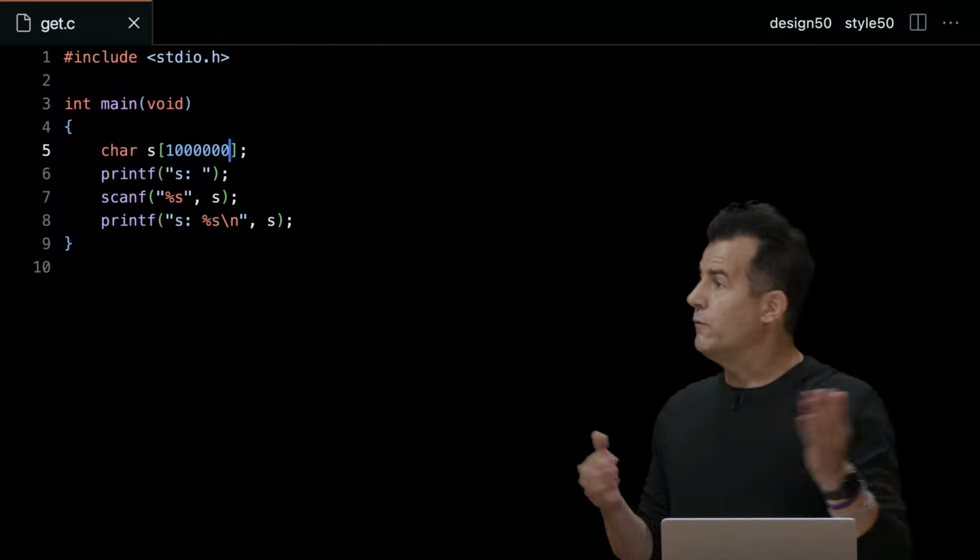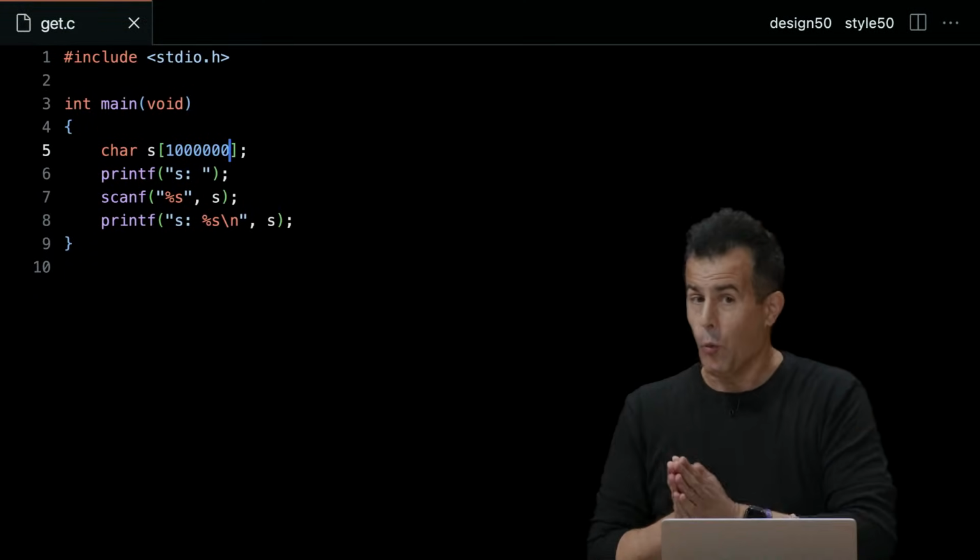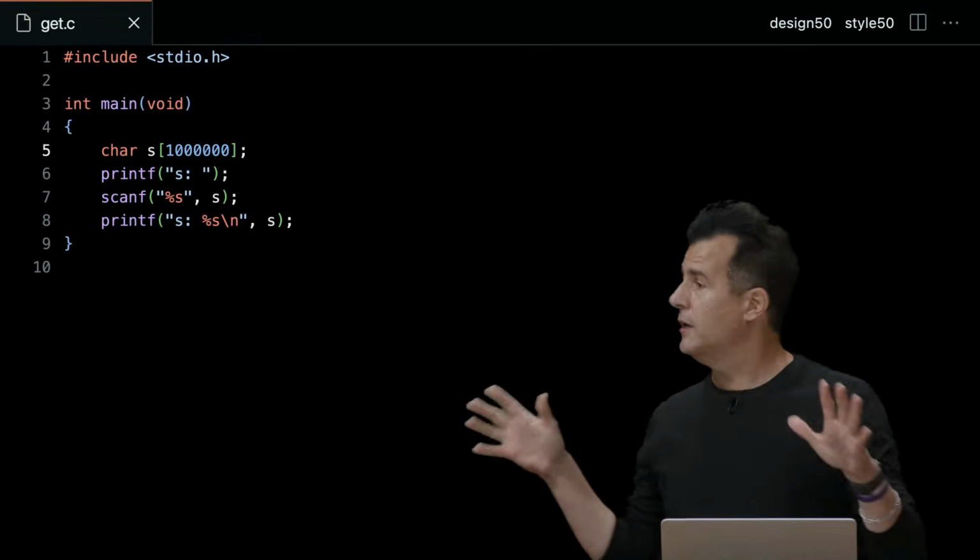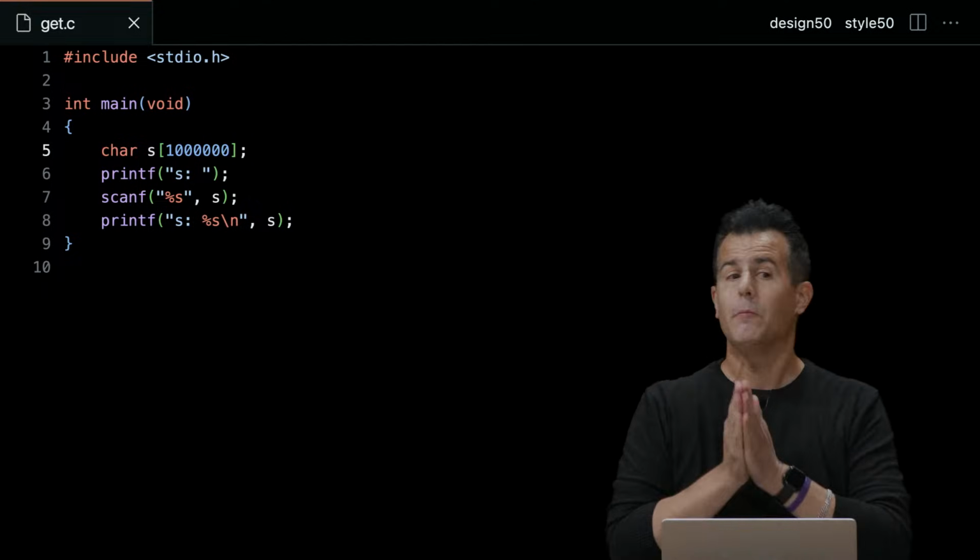Like, at some point, you've got to draw a line in the sand and say you can't type in something longer than this. And you see this in applications all the time. Like on the web, you can only type in so many characters sometimes into forms, and that's for various reasons. Among them is this. GetString, though, will handle almost an infinite number of characters,